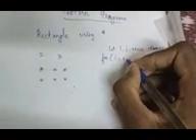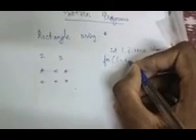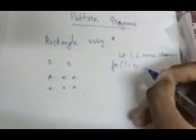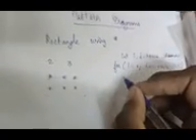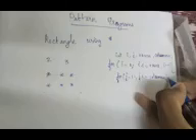So for i is equal to 1, so a minimum of 1 should be there, and i should be less than or equal to rows, and i plus plus. I am incrementing the number of rows. And the second thing is I am initializing the columns. For j is equal to 1, j less than or equal to columns, j plus plus.